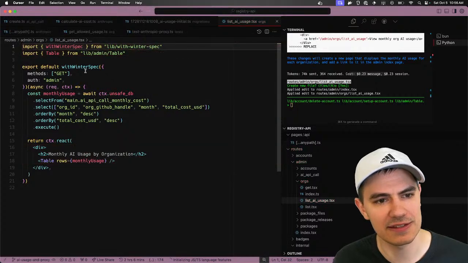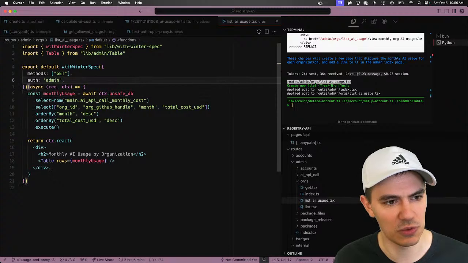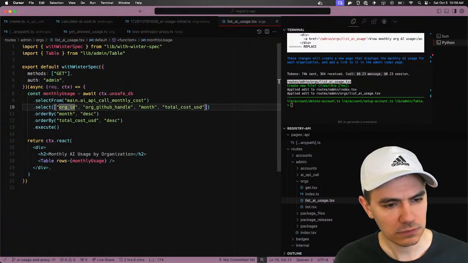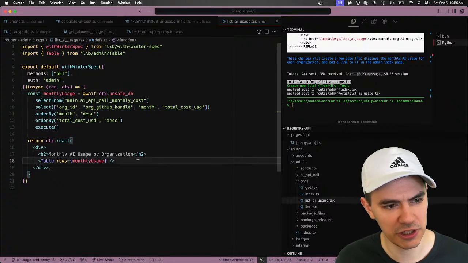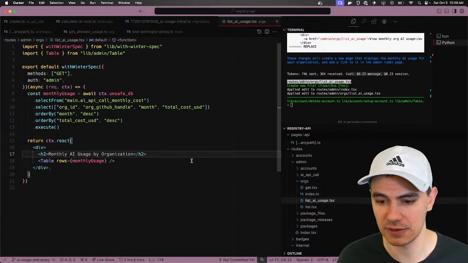I don't get why TypeScript keeps giving me errors and keeps needing to be reset. It's so weird. That looks pretty good. Monthly AI usage by organization. That looks perfect.